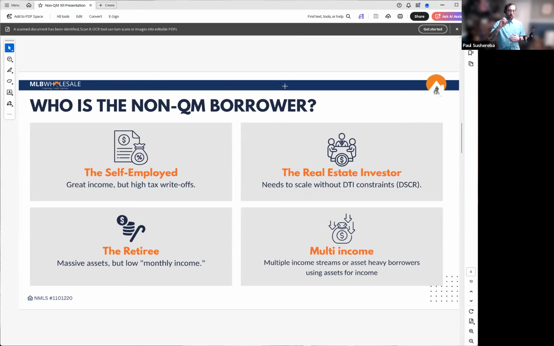They sometimes have assets in either 401ks, IRAs, retirement accounts of other kinds, investment accounts. We can use asset utilization, an asset depletion mechanism, to satisfy ATR. Yes, you can do that on Fannie and Freddie. However, you're going to deplete those assets over a 240-month or a 360-month term. Depending on which program you're in here at MLB, we'll deplete it as low as 36 months or as much as 84 months, depending on exactly what loan program we're in and what your DTI is before applying that asset